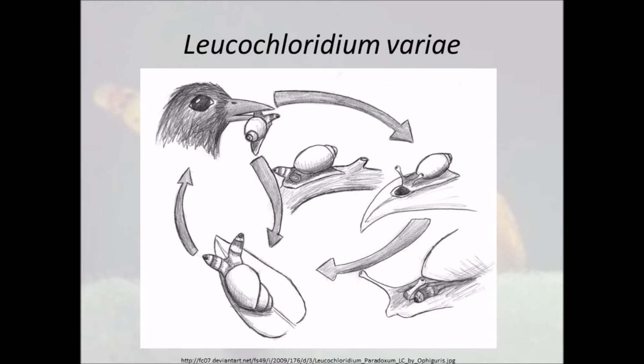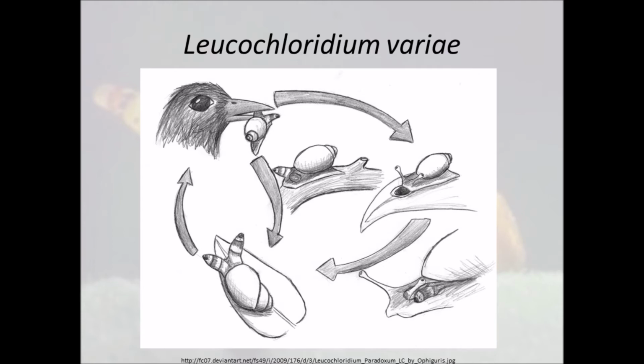The life cycle of Leucochloridium is pretty simple. It just has one intermediate host and the definitive host. So not too much walking around. Basically, the snail eats the embryonated eggs that are found in the bird's feces. And those embryonated eggs develop inside the snail into branched sporocysts, and then those branched sporocysts develop into metacercaria, which form a brood sac. Brood sac is that big pulsating thing that swells up the eye stalks of the snail,